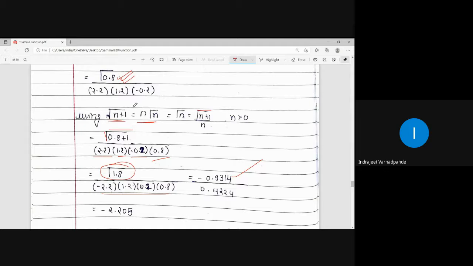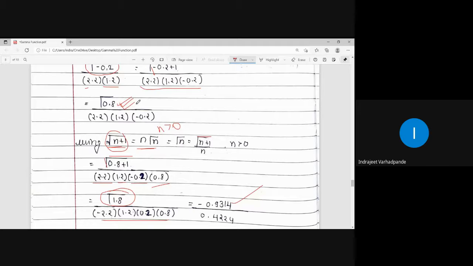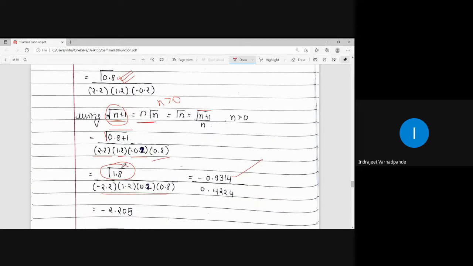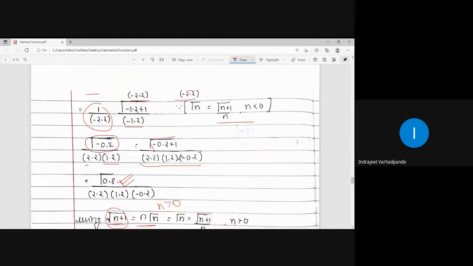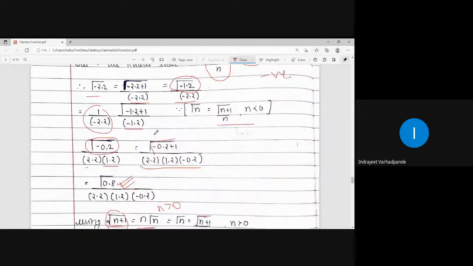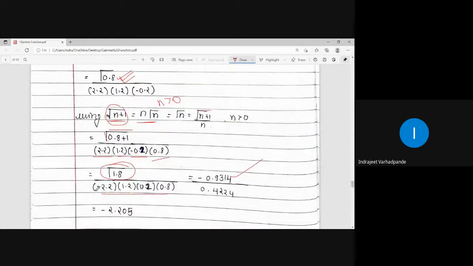So therein we are using the same property. This is for n greater than 0. Gamma n plus 1 will be n gamma n. So accordingly, using the same property again and again, we try to find out the value and get the simplification. So once the value is provided, we can proceed ahead with the simplification and get the answer. I think this value is positive. So the final answer contains negative because in the denominator you have minus sign in the product. Do the calculation on the calculator and then try to simplify.